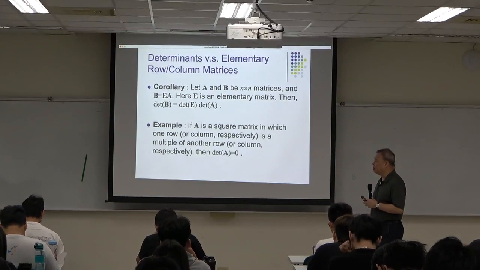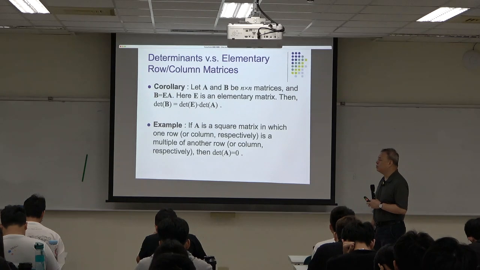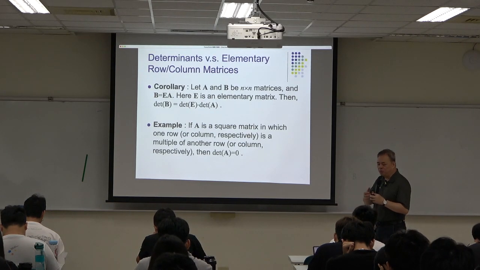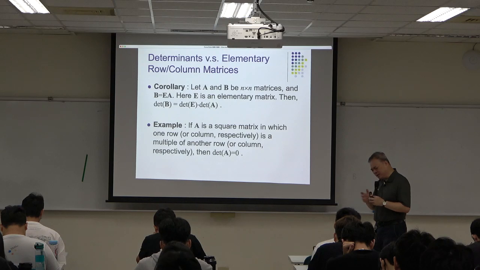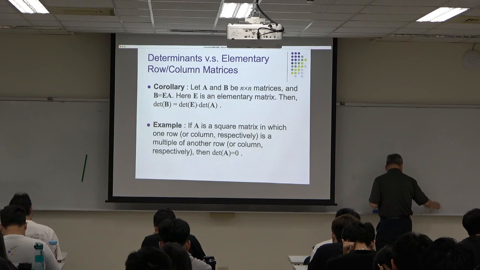...of the multiple and add to that row will become all 0, right? Okay, in that case,